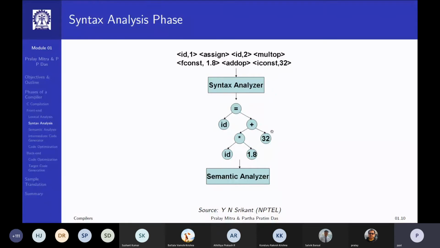Now you can see that this tree does a lot of wonder. This conversion from a linear structure to a non-linear structure resolves all of your precedence and associativity issues. You don't have to remember them because they are explicit in the tree. Obviously, you cannot do an operation unless both of the operands have a value.